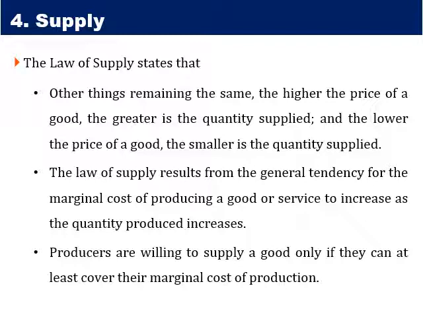Now, the question is, why does a higher price encourage producers to increase the quantity supplied? The law of supply results from the general tendency for the marginal cost of producing a good or service to increase as the quantity produced increases. Based on that, producers are willing to supply a good only if they can at least cover their marginal cost of production. For example,